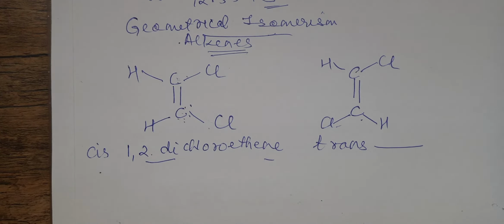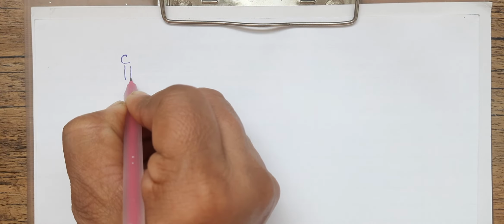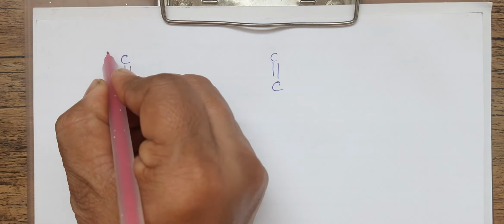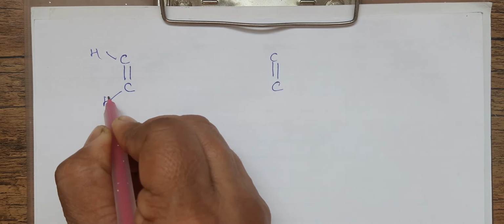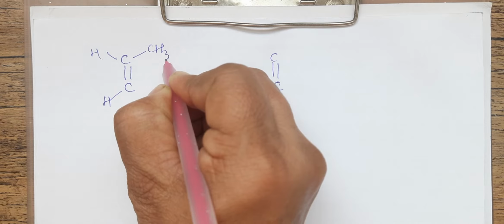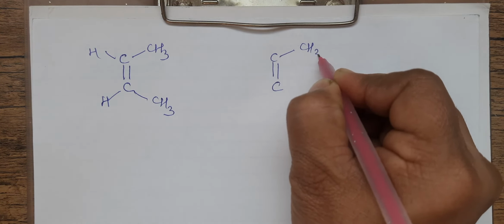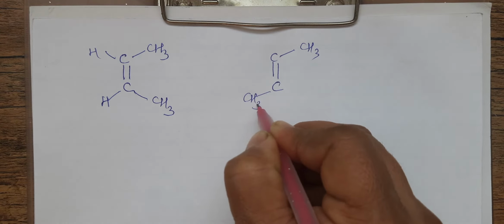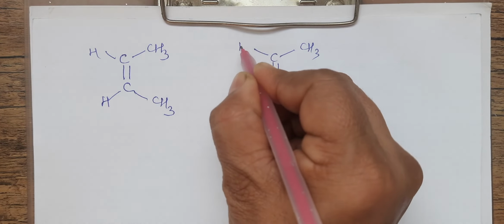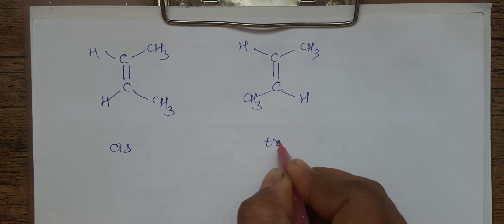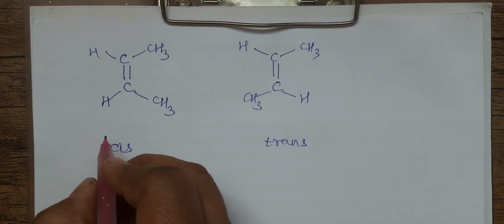Okay, this is one example I have considered. Let me take some more examples. I'm writing one more example. See, carbon-carbon double bond. In this case I have written hydrogens on this side and a methyl group here, a methyl group here. In the second example I have taken methyl this side, methyl on the opposite side, hydrogen and hydrogen. Now you know that this is the cis isomer and this is the trans isomer, and if you name it, it is